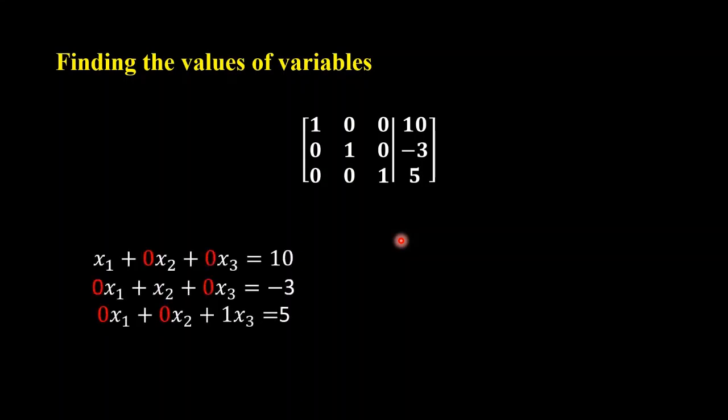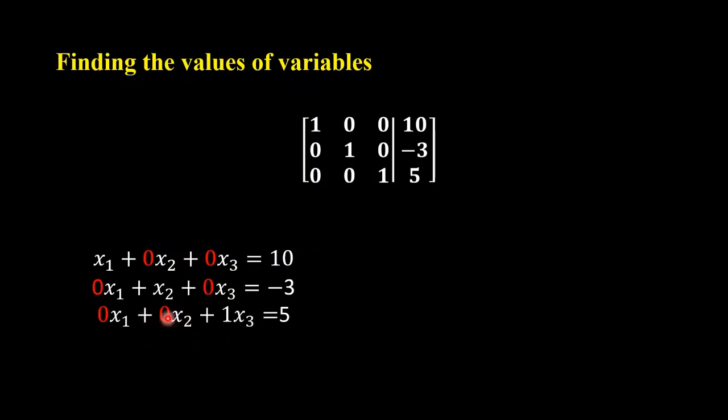So in our last step, this is the reduced row echelon form of our augmented matrix. Now we convert this matrix into its linear system form. Here the coefficients of x2 and x3 are 0. This is the first row, so in our system this is the first equation. In the second equation, the coefficients of x1 and x3 are 0. This is our second equation, and similarly the third equation.